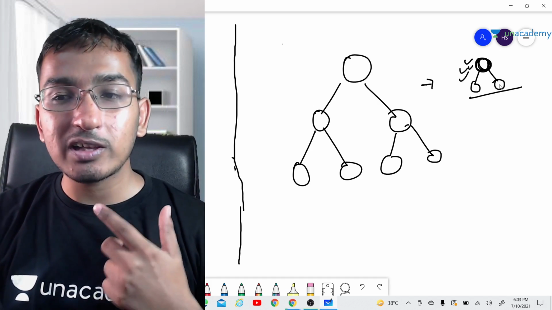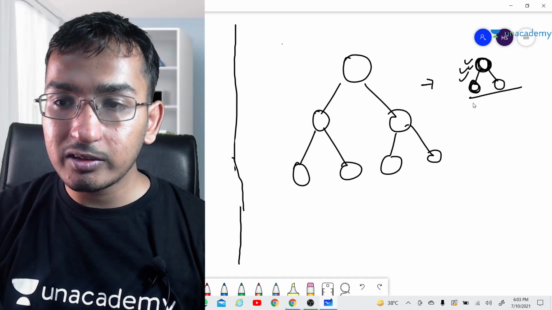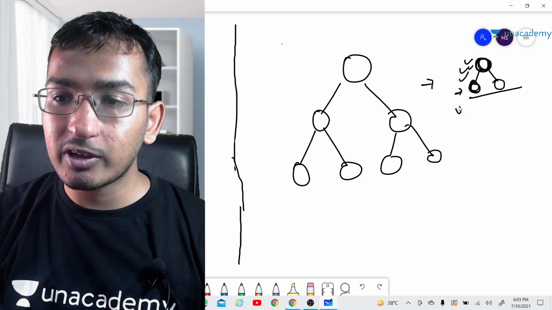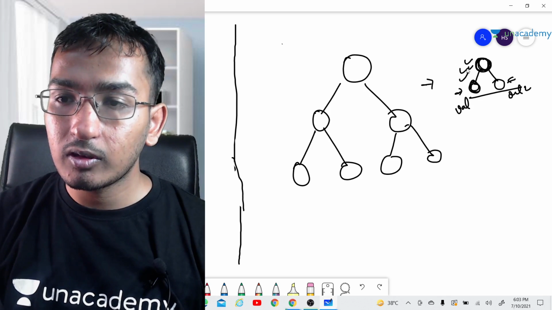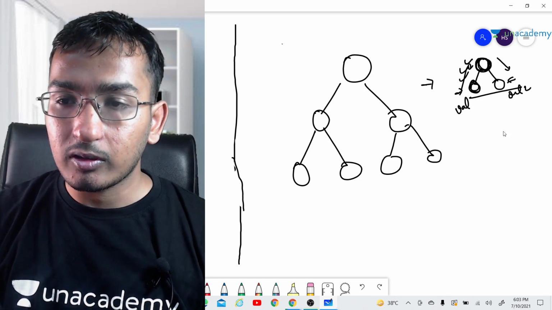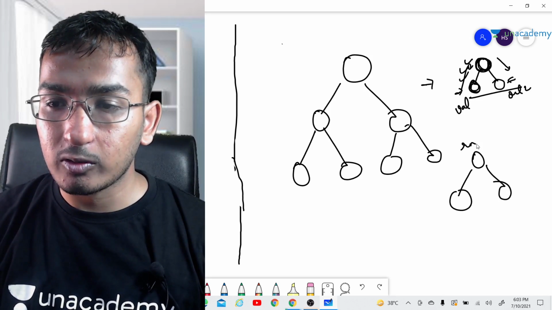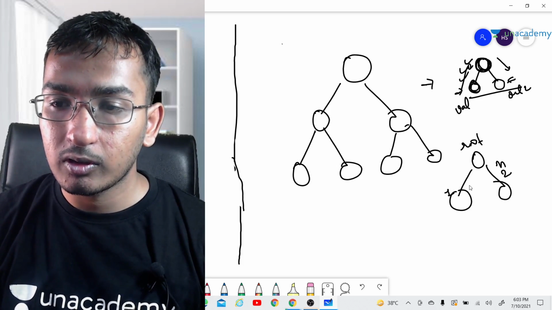Okay, let's suppose I am inserting 2 more nodes. What will be the answer in this case? The answer can be either only this value, or only this value, or this, or this. If I am taking this example, this is our root, this is node number 1, and this is node number 2.